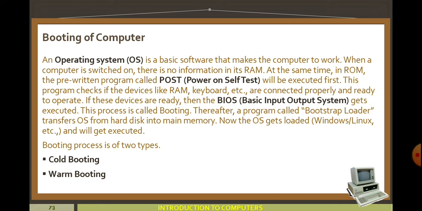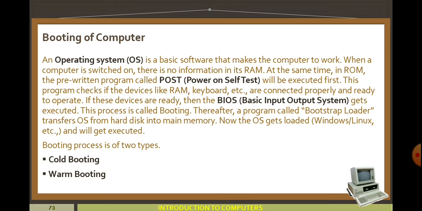Okay, now you can see the definition given in your book. An operating system is a basic software that makes the computer work. When a computer is switched on, there is no information in its RAM. At the same time, in ROM, the pre-written programs called POST, Power On Self Test, will be executed first. This program checks if the devices like RAM, keyboard, etc. are connected properly and ready to operate.